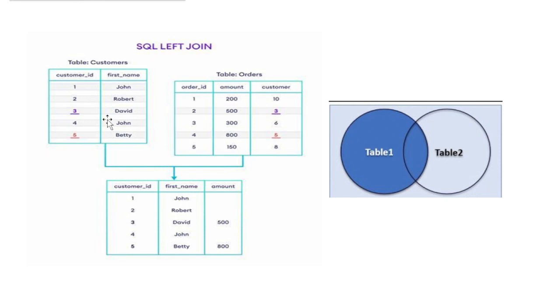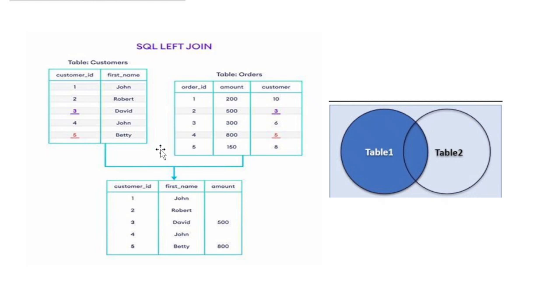Okay, so you can see we have a customer table and an order table. We have a customer ID, and these are the customers who have placed an order. You can see that in these two tables, the third customer and fifth customer are common. So after joining, the common data will come. The third data and fifth data would definitely appear in the outcome table.